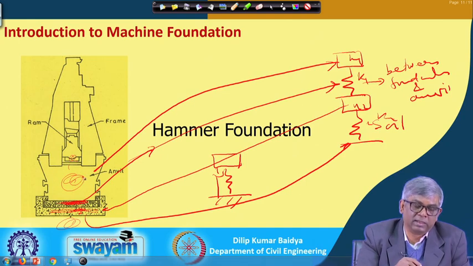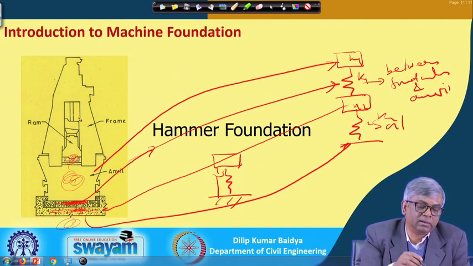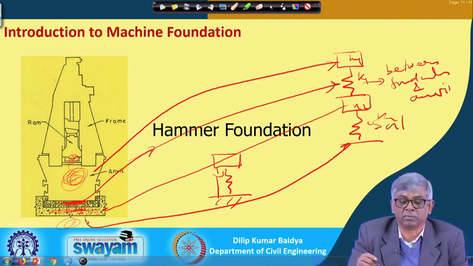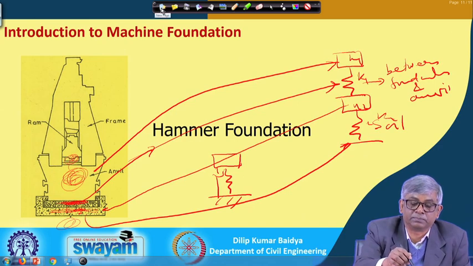Generally it will be like that, the job will be performed on this anvil. Like shoemakers, they have an anvil similar to that, where the object will be here, and then by some arrangement it will be given proper shape, and for that the heavy impact will be produced on this anvil, and it will go to the foundation through this spring. That analysis, of course, I am not doing here.